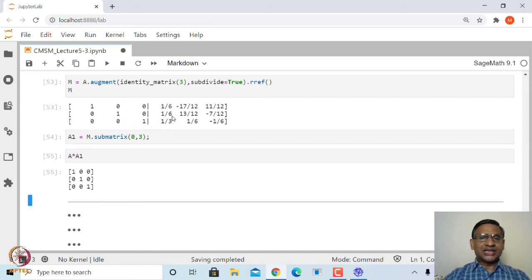So, actually, finding the inverse is nothing but solving systems of linear equations. What we are doing is solving A times the first column of B, which is equal to the first column of the identity. That is why we augmented the identity here: the first column of the identity matrix, here the second column of the identity matrix, and so on, right.